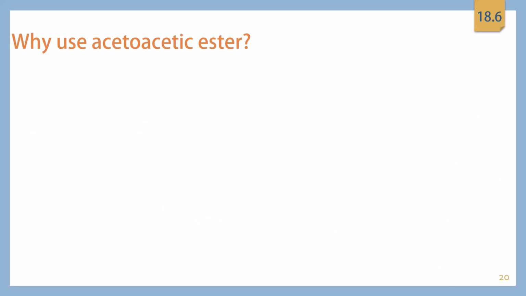So why are we using acetoacetic ester if our goal is to make a methyl ketone? Because then we have to go through the whole process of decarboxylation. That just seems like a lot of extra steps, right? You're probably wondering, why not just use acetone? Acetone has an alpha hydrogen that could be removed using LDA or something. We could